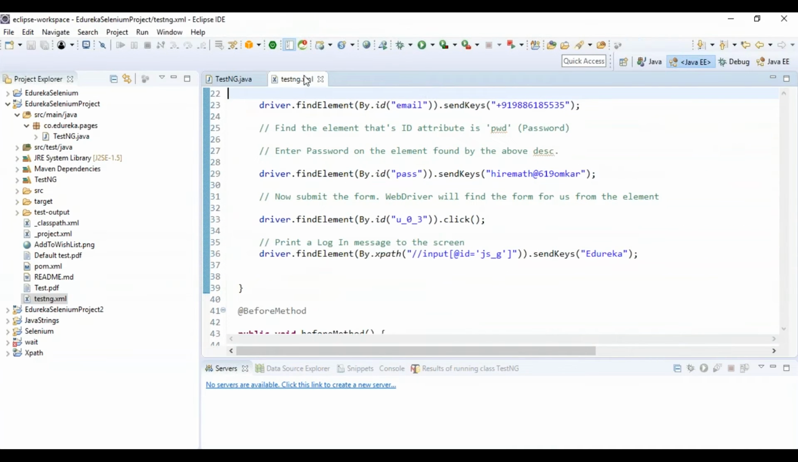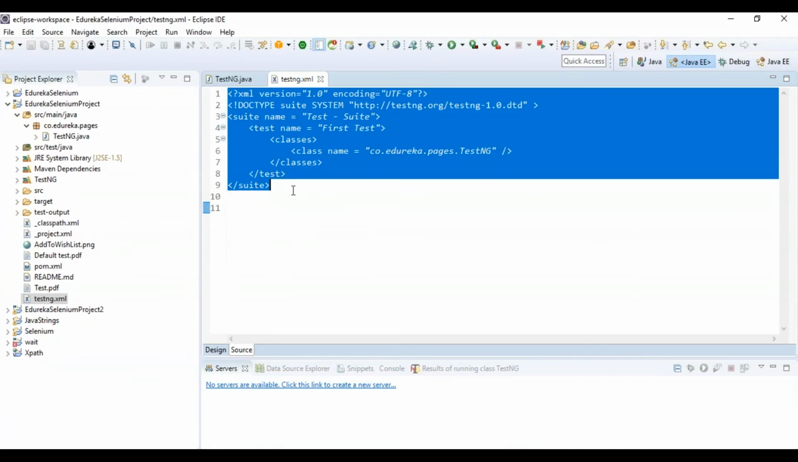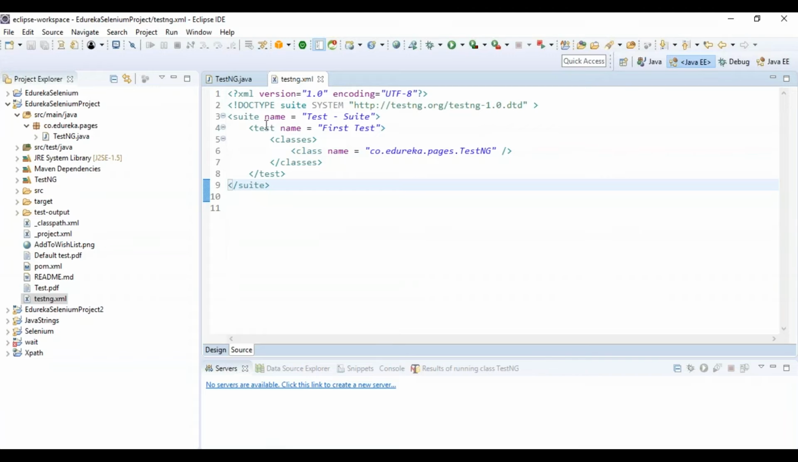And now let's see the testng.xml file. So this is the testng.xml file. I will tell you what are the important things that you need to focus on. First, the test name I can give as whatever. So that is first test and the suite name will be test suite. Okay. And inside the classes, I have given my class name with the package name, that is this one, that is